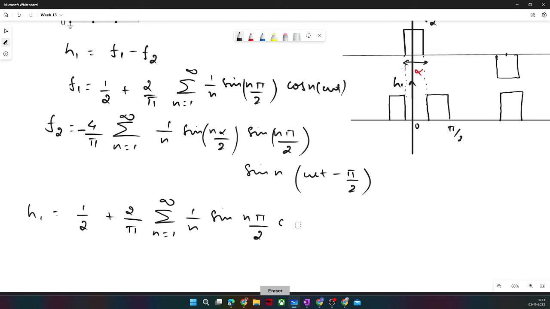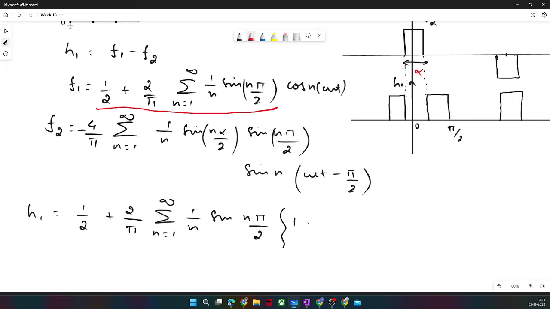This much is enough to take common, and we will write all the common terms. So this term is similar to this term. Let me highlight it. This term is similar to this term, and